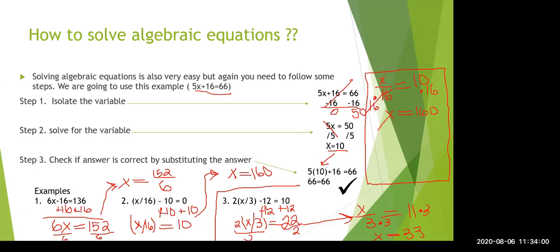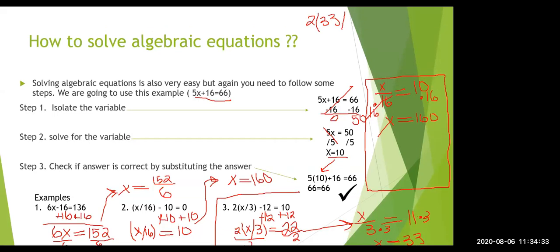And whenever you're a little confused, like, wait, is this the right answer? Am I doing something wrong? Then, as step 3 said, you can just check your answer by putting in, instead of the x or any variable that you have, the answer that you found. So say I want to check this. I'll just show you right over here. Say I have 2x and I want to check if 33 is the right answer. So instead of x, I'm going to put 33